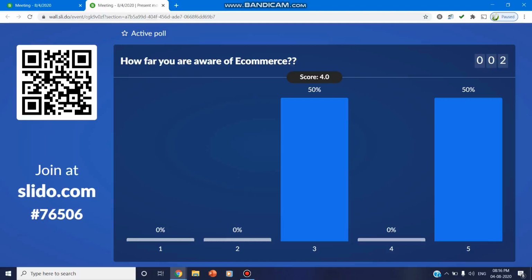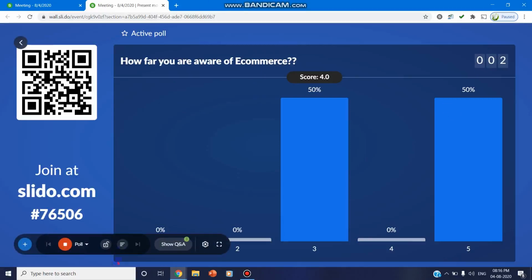Already, we have posted many videos on how to make the interaction using a variety of tools available. In addition to that list of videos, this Slido adds to it. Here, for example, in this e-commerce paper, I don't know how far the students have some knowledge, so I can post a question like this to the students before I start a session. So I can ask how far you are aware of e-commerce. There may be some 50 students in a class. So I have exhibited an example here.